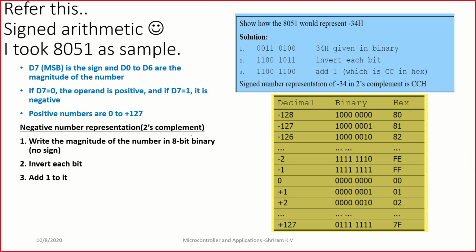I'm going to do a small recollection exercise that we have done with 8051. I'm taking the same example. I think I have taught you this earlier. The D7 bit, which is nothing but the MSB, when we go with signed arithmetic, that D7 bit alone is called the sign bit, and the rest alone will represent the magnitude of the number. When D7 is 0, it becomes positive. When D7 is 1, it becomes negative. The positive numbers will range from 0 to plus 127, and we have seen that the negative goes down to minus 128. We learned this in the previous semester, and this is just a recap. So if you have any questions, you can ask me at the end of the session. I will clarify that as well.